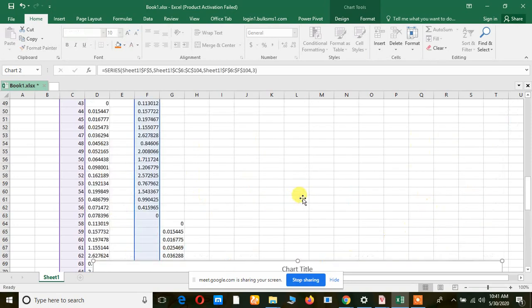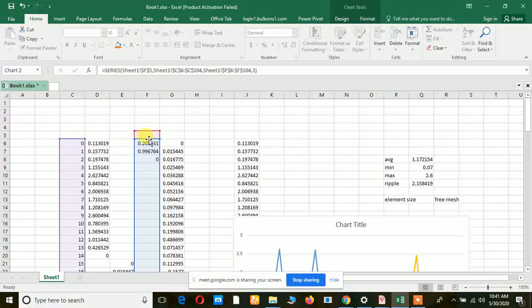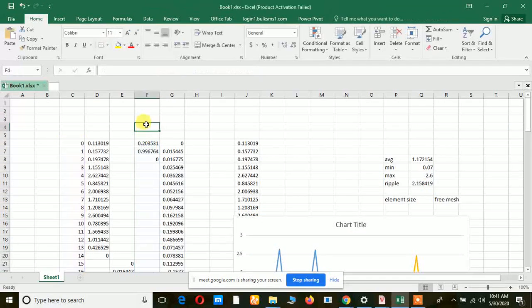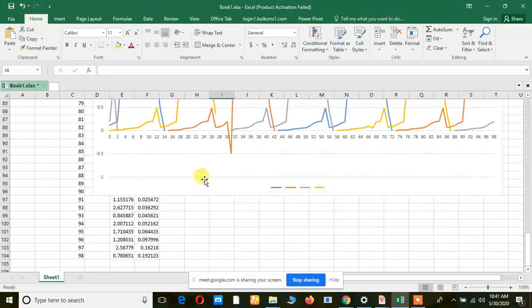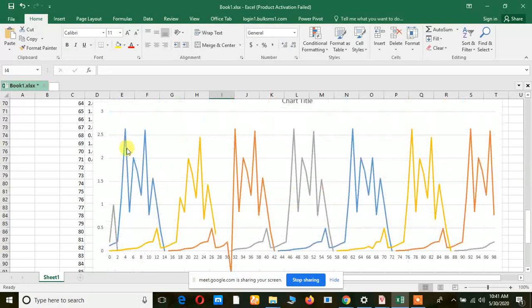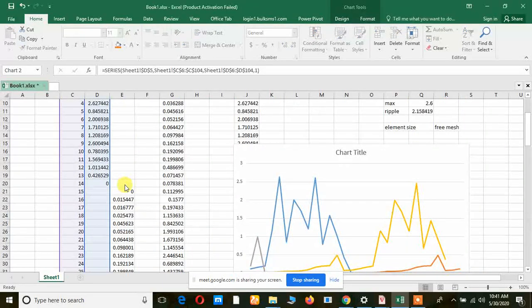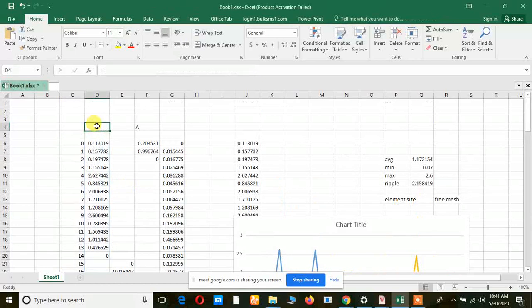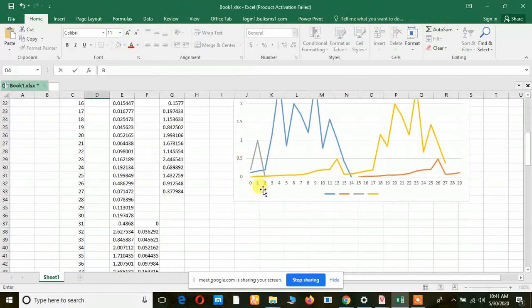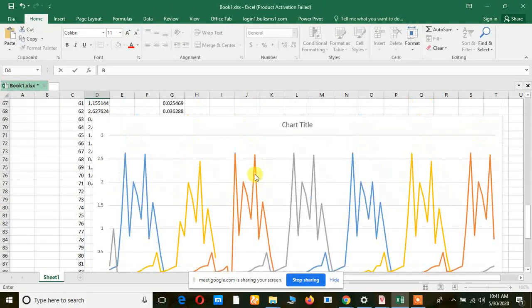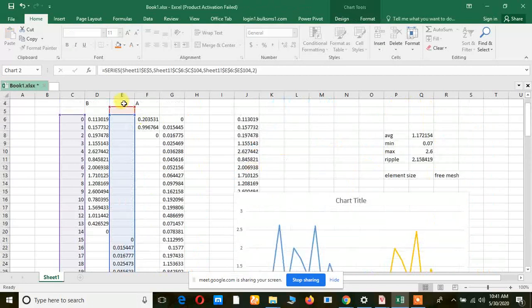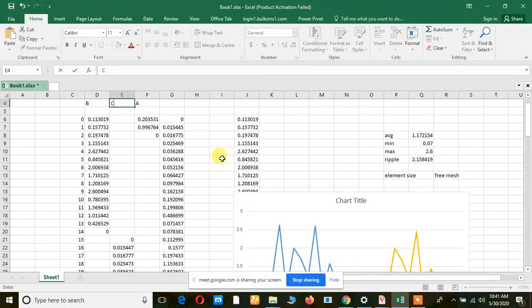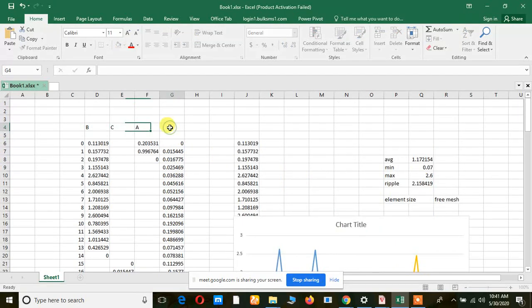The coil here is coil 3. So coil 3 is now going to act as phase A. So coil 3 is phase A, and then which is phase B? Phase B is coil 1. So coil 1 is phase B. And then which is phase C here now? This red color, just select it. So coil 2 is phase C. And which is phase D? The coil 4, the last one.